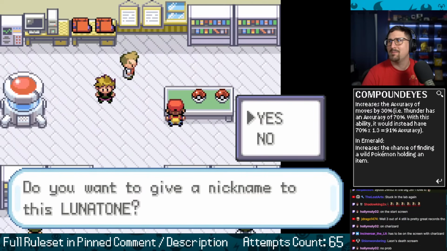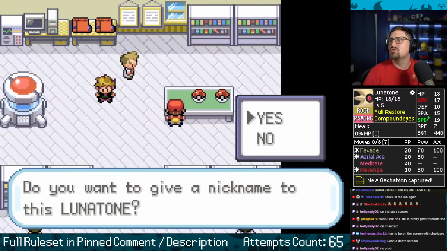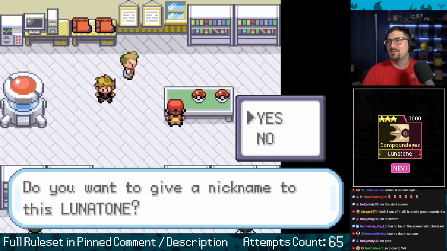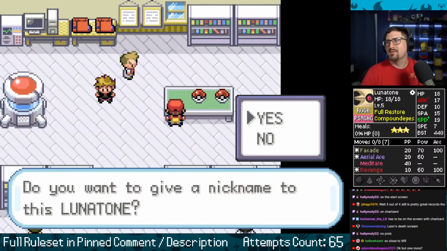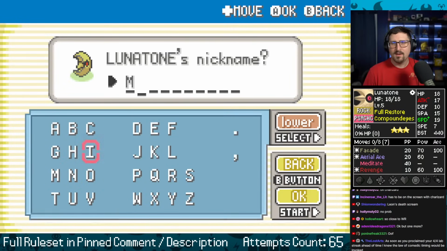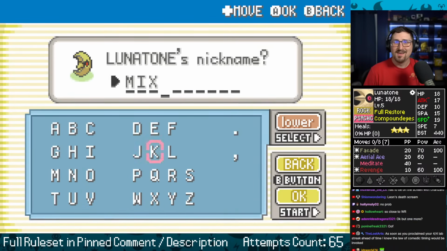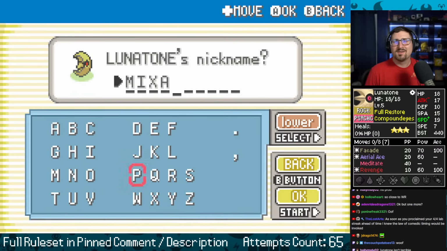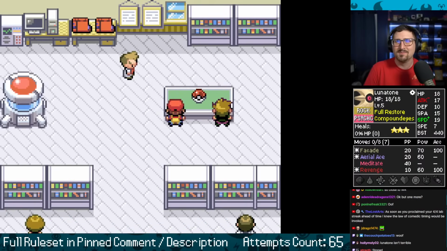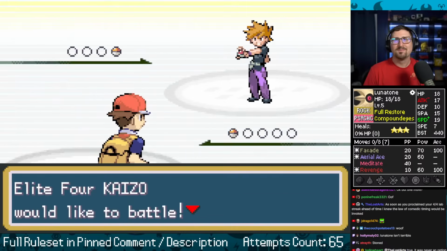Oh, Compound Eyes is a great ability. Do we have any strong low accuracy moves? No. All physical, minus an attack, but okay attack stat. Maybe this thing gets me out of the lab. This is not terrible. Good mix of moves. This is neither sir nor madam, the genderless Mix-a-Lot. Artist formerly known as Sir Mix-a-Lot. This is just Mix-a-Lot, because it's got a good mix of moves. We're gonna try our best, okay?